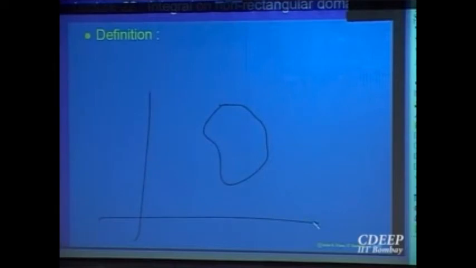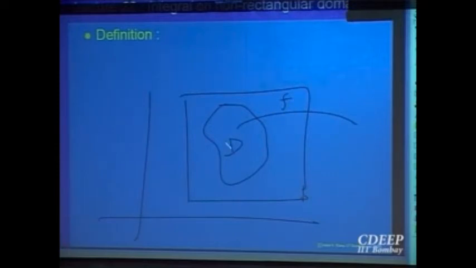So this is when the domain of the function is a rectangle. Now we would like to go slightly further when the domain of the function is not necessarily a rectangle, but it is a bounded set in the plane. So if it is a bounded set in the plane, supposing this is the domain of the function, then I can always enclose this domain, because it is bounded, in a rectangle. So let us take a rectangle which covers it. And the function is defined here on this domain.